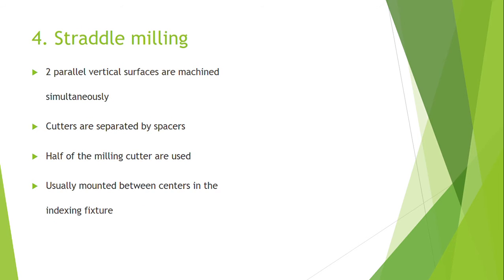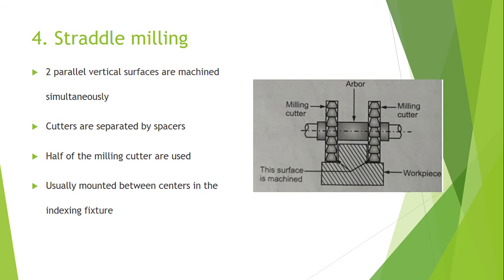The next is straddle milling operation. This is a type of milling operation we can see in the figure. When two parallel vertical surfaces are machined simultaneously by two side milling cutters mounted on the same arbor, the operation is called straddle milling. You can see the two milling cutters mounted on one single arbor. The distance between the cutters is adjusted so that both sides of the workpiece can be milled simultaneously. So you can adjust the distance between the two cutters